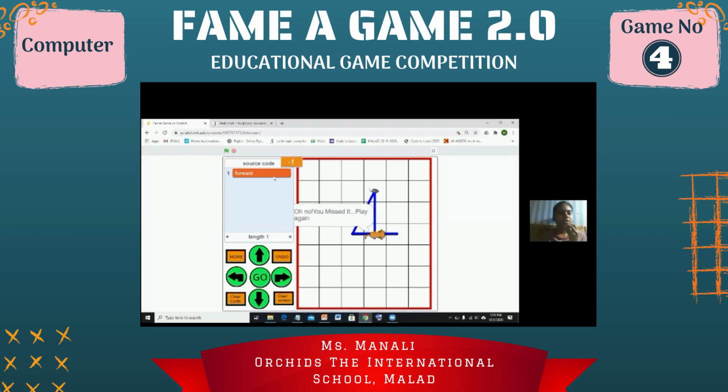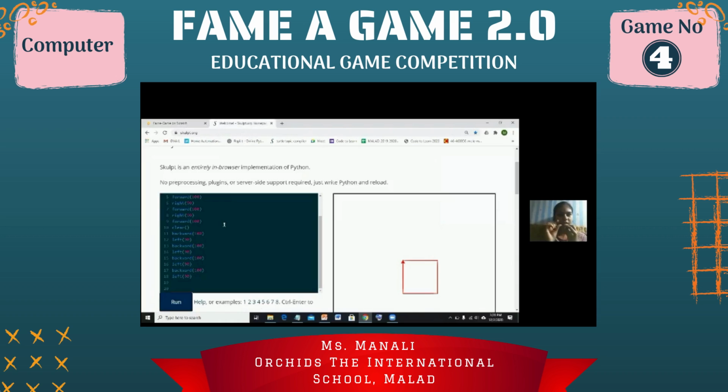So it depends on the students also: the more times they keep playing, the more the score will increase. And once it is done, there is an option for clear screen. They can clear the code also, they can move home also. And suppose I have created some blocks and I have to go back again, there is an option called undo. And the same thing, a small example in syntax-based programming, which I have made here with similar examples: backward, forward, here the clear word has come into the picture, and right, left, the same thing, a normal square is created.